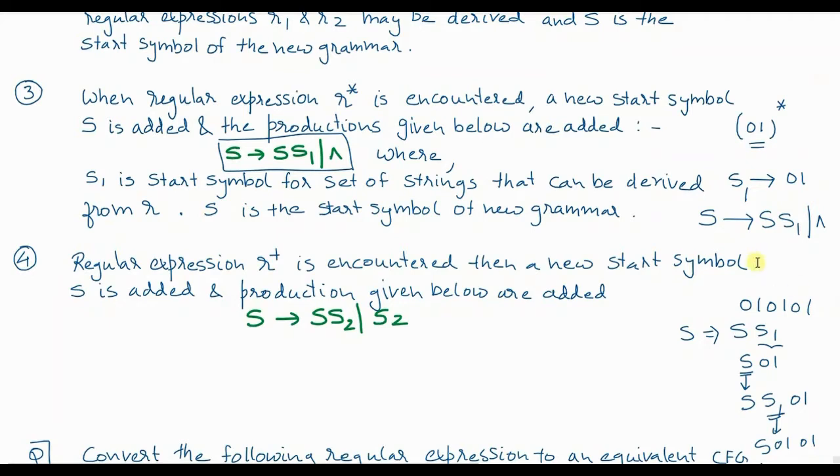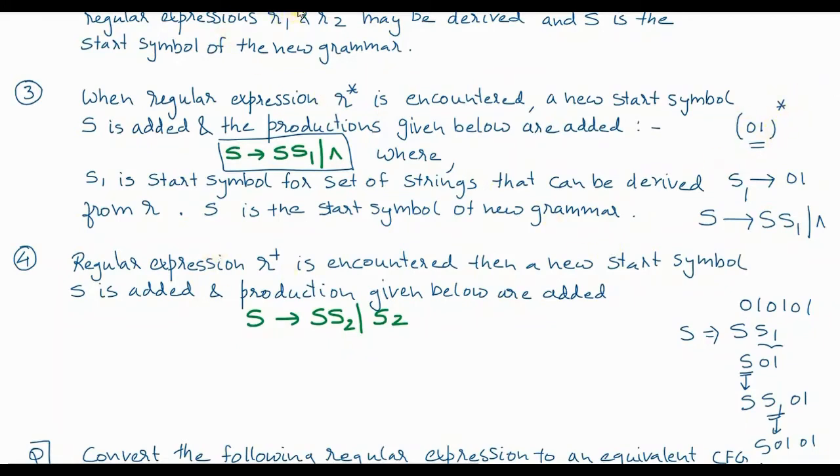So whenever you have a sub expression raised to star, first you ignore this star and entire sub expression you represent using a production, say S1, and then for the repetition you can introduce another start production and say S gives SS1 or null. So repeating this S again and again, it gives you scope of repeating the string 0 1 again and again, or the sub expression again and again. And when S is directly replaced with null, this also gives you scope of calling this 0 number of times. So that's the meaning of 0 or more number of time repetition.